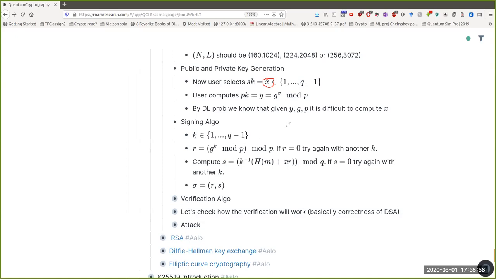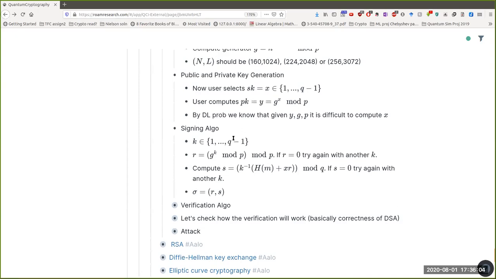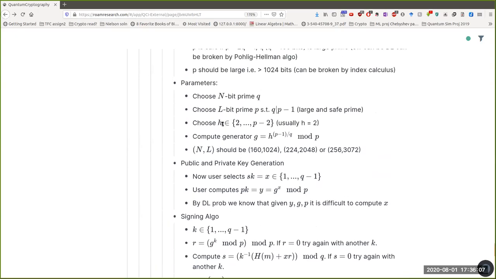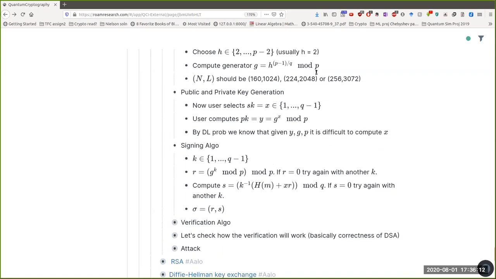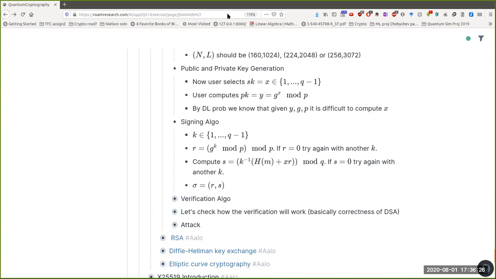You will notice one thing before, so that people don't have a confusion. You'll notice that h belongs to this set, k belongs to this set, x belongs to this set. Why do we need all this? Again, group theory, which is itself a subject in itself. So just bear with me. These are some details. You can just think of them as algorithmic details, but if you don't know group theory or modular theory, that's okay. Nothing to worry about.